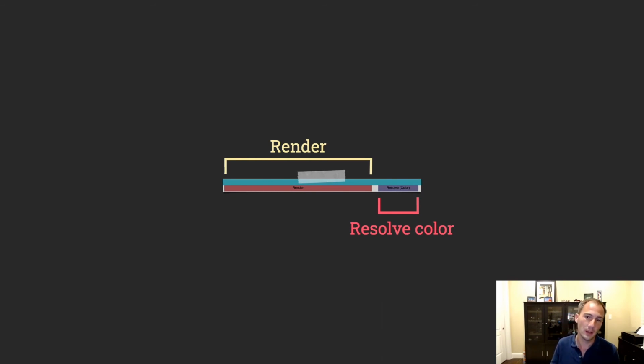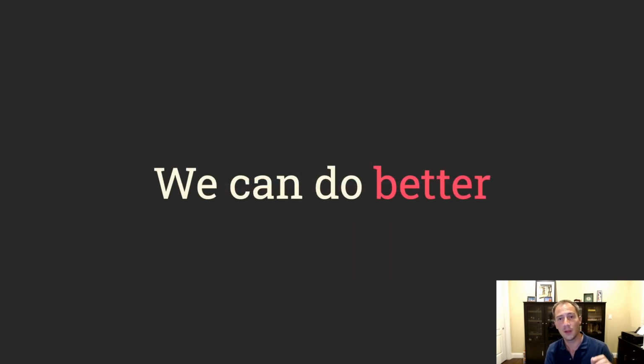So on a Pixel 4 at 1080p, all those extra resolves and unresolves that we just got rid of can add up to about a millisecond per frame. It depends on the frequency of the GPU at the time, but it is not negligible, and it's an easy optimization to implement. Now we can do better than this.